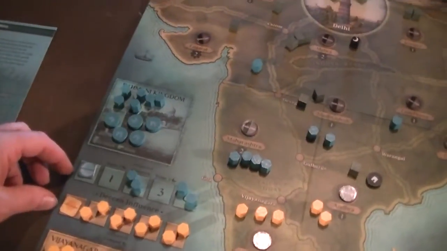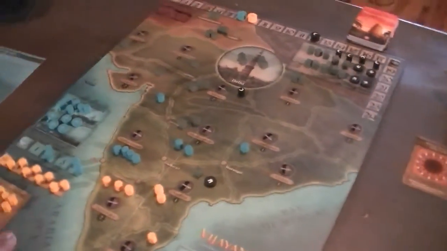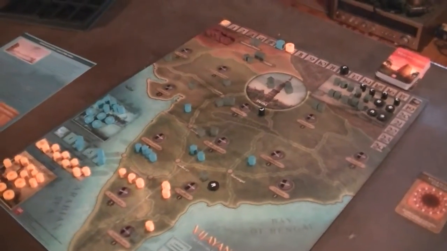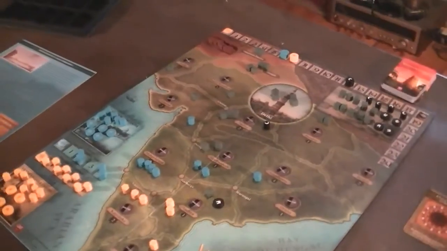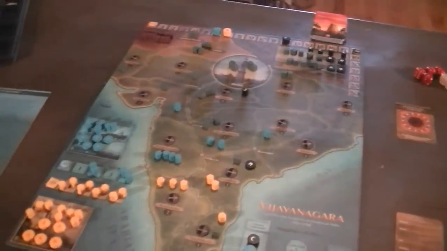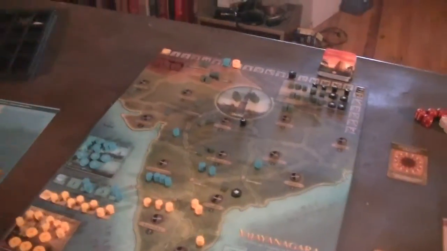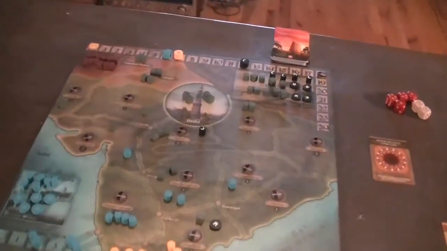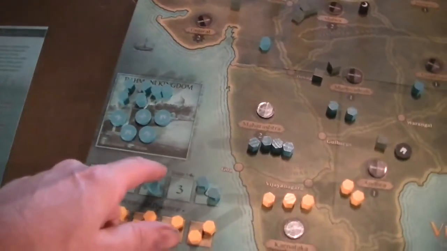Over here we have the Deccan influence track, which is going to represent power in the Deccan plain of the two upstarts, and they get bonuses as they increase in power. Now that power is going to be increased through cards, I think through some activities that you can make, and also through combat with the opposing upstart. I don't think with combat with Delhi. And you get bonuses that are listed above.